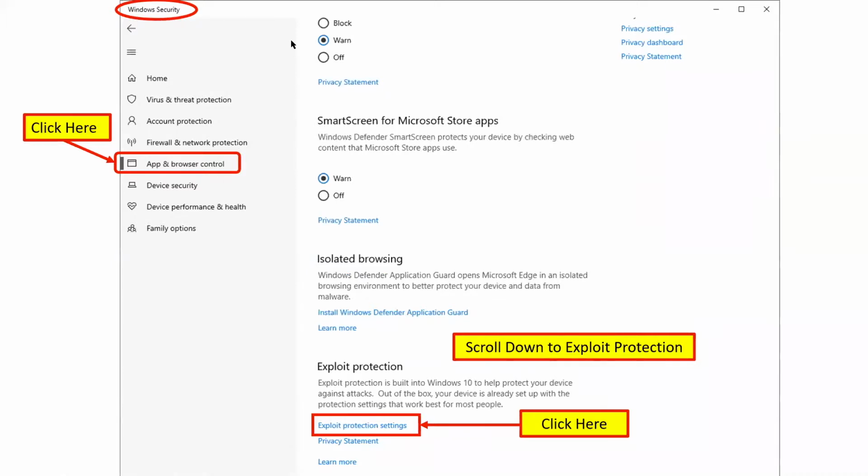We're under Windows Security, App and Browser Control, scroll, Exploit Protection Settings. And when you click there, now,